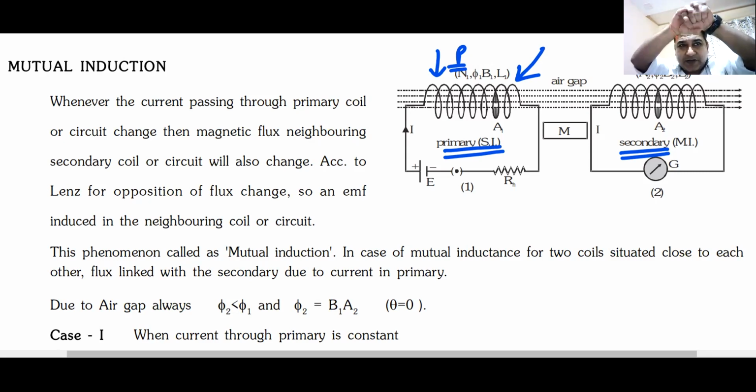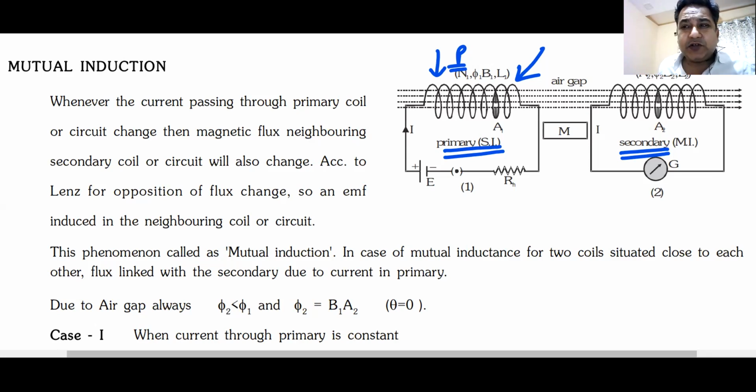Flux linked in the primary will be linked in the secondary. But if you have a primary here and a secondary very far away, the flux linked in the primary will not be linked in the secondary, and hence there will be nothing to worry about. Whatever you do in the primary will have no effect on the secondary because they are very far away from each other. In that case, nothing happens. But we are thinking of a case where flux in the primary is also linked with the secondary. The secondary is on top of it, or very close to it, as shown in the figure.